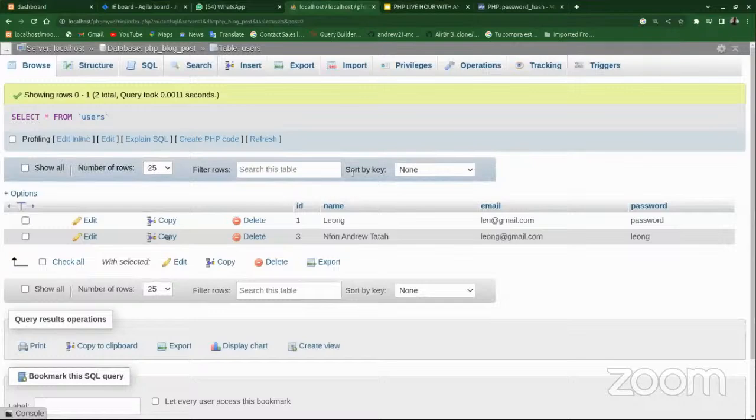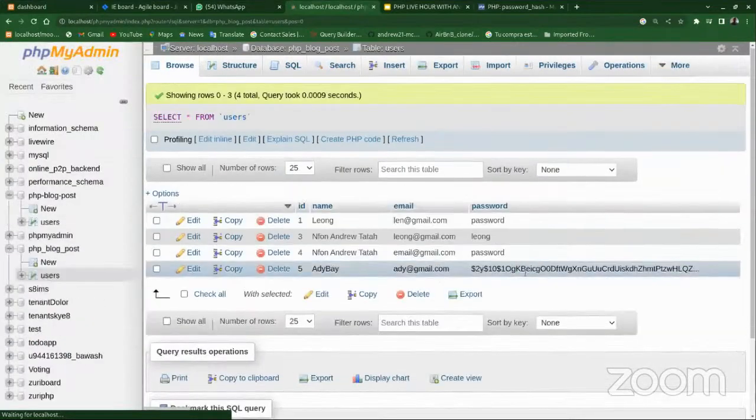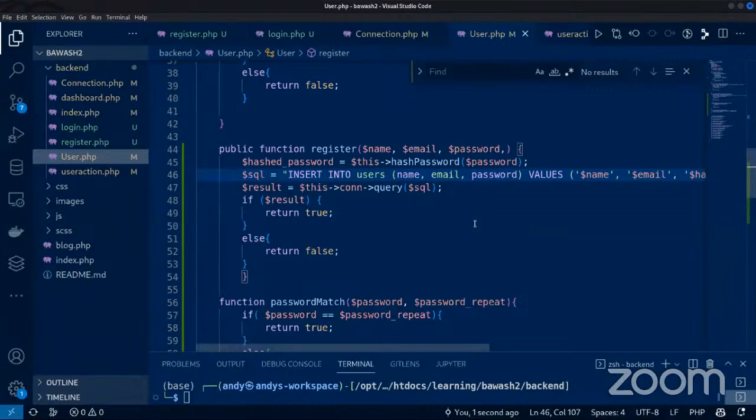Now let's check our database, and this is what I meant. You see how password hashing is done, right? This is now the password. We just know that our password is Adi1234, and when we want to log in, we need to do